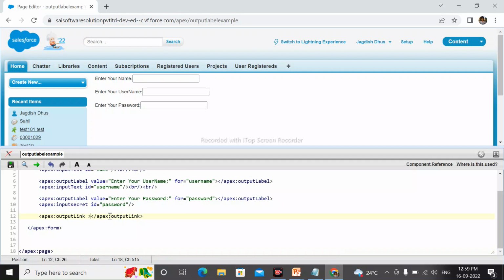Here I am writing Salesforce. Save this. Here I am adding a break tag. The link is created, and its value is